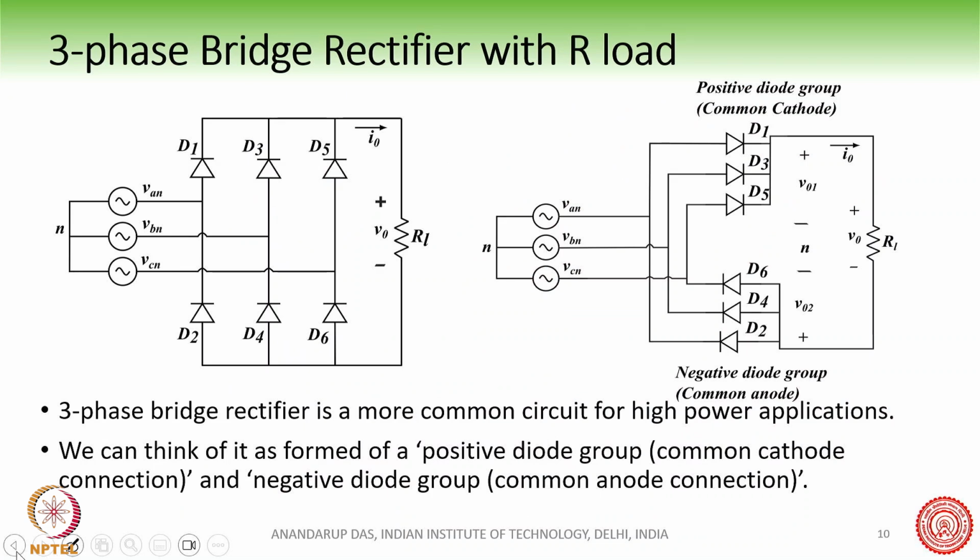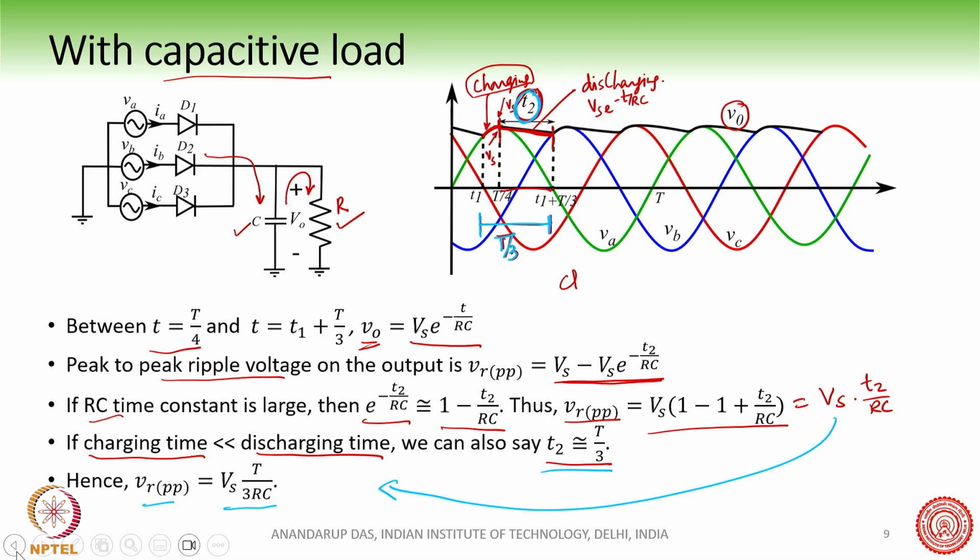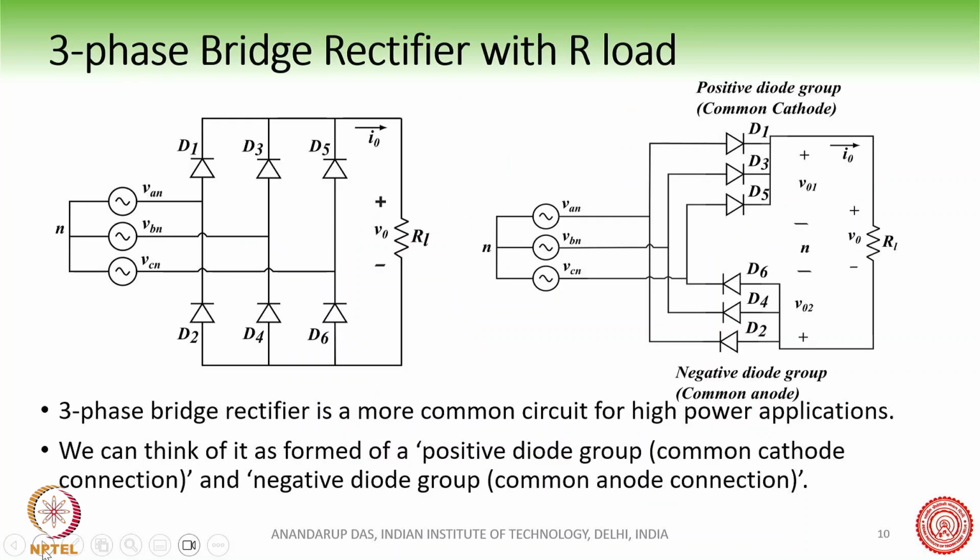Now this was useful for understanding. However, we do not use half wave rectifiers, primarily because we are only using the positive half of the AC voltage. If we want to use both the positive and the negative half of the AC voltage, then we use something called a bridge rectifier. The bridge rectifier is given by this circuit here. The diodes are like this, the AC grid is here and the load is here.